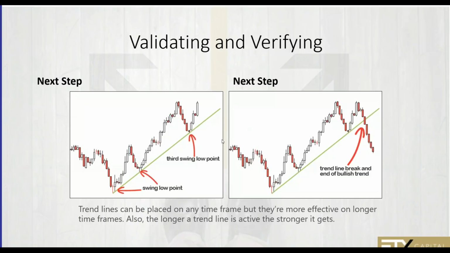So here we have this trend line. Beautiful line on the left. Now, when we extend it and then price moves through and the trend line is broken, this doesn't mean that it wasn't a good trend line. It was a great trend line. It's now over. We would then have to find our new trend line. Now, we could draw that trend line right there. But the fact is, we don't have a third point to validate it, so it's not even a good trend line at that point. But the original trend line we drew,